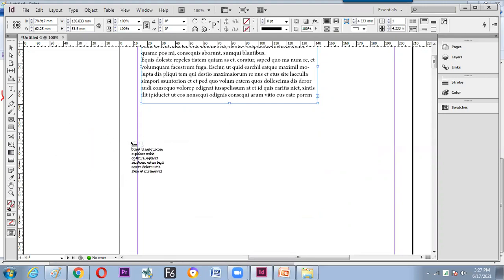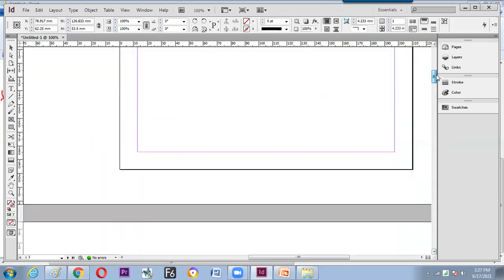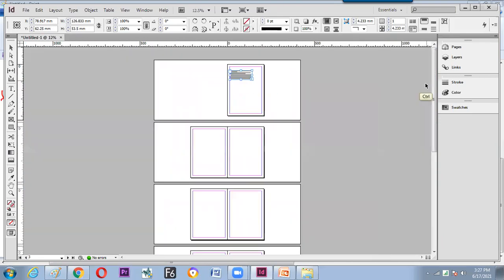Can you see the cursor? How does the cursor look like? A text cursor comes up. Before it was a normal cursor. So now the cursor is filled with the text. It indicates that the overflow text is there with me. On which page I need to go? He's asking, I want to go to which number page? In that number page, it will continue. In newspaper, you will be finding on the main page, some of the news they will provide. And at the end, they will write continuity of the news is there in the 7th number page. Am I right? This kind of things you might have seen.